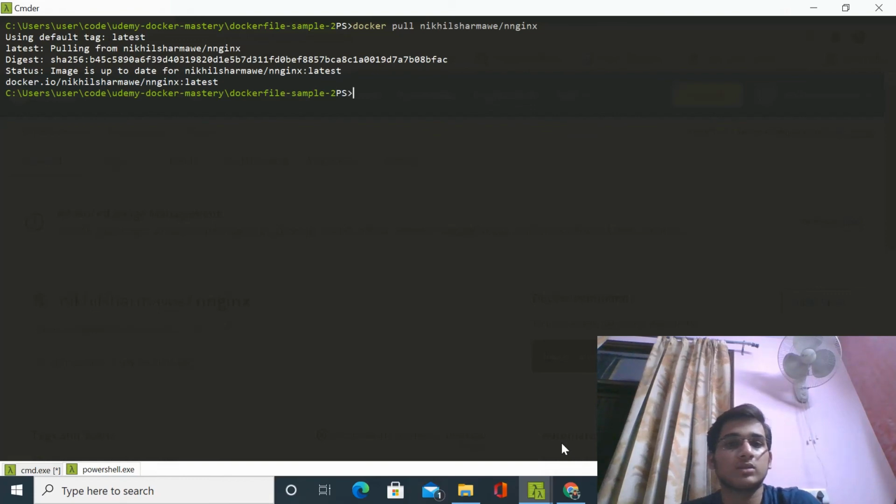So now we have this image. Now we'll make a container of this image. Docker container run, tell the port to it, 8906 to 80. We'll give it a name again, nginx, and the image is this.